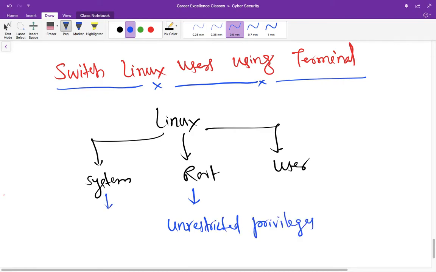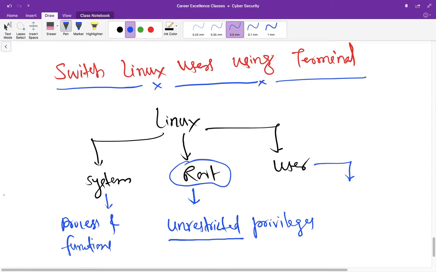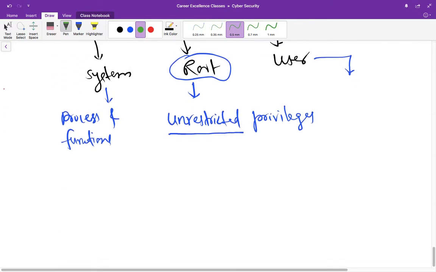System executes some processes or functionalities such as mail, and it logs into the Linux system when we start the system. And then there is a normal user. It can perform only a few tasks, it doesn't have all the privileges which the root user has, but there are some commands like su.